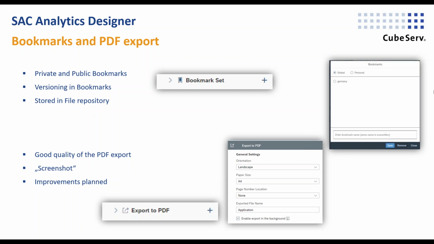The concept is similar to Lumira, where the bookmark functionality is available and the user interface should be programmed separately and is freely customizable. We already have PDF in a very good quality, but for sure there are some features missing. For example, the possibility to do distribution per dimension member, similar to what we have now in the story.